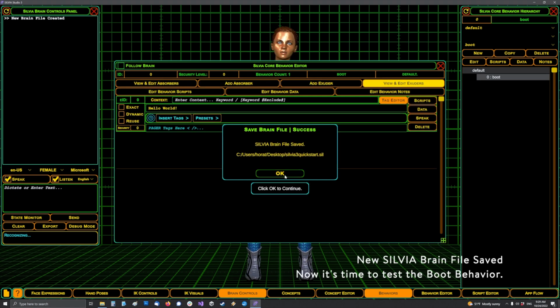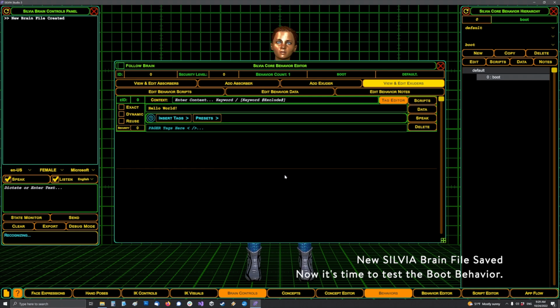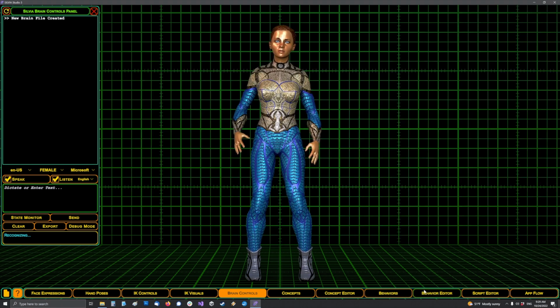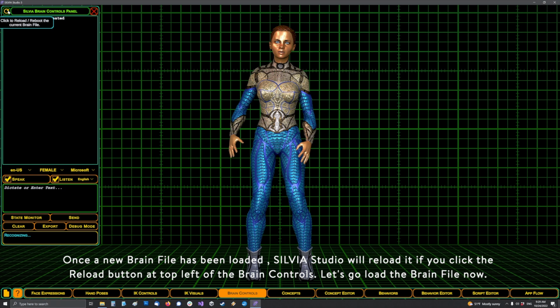You'll get a confirmation dialog showing the name and path of the SILVIA brain file you just saved. There's a quick reload button in the top left corner of the brain controls panel where you normally chat with SILVIA in Studio. But for the first time, you'll want to load it from the File menu in order to